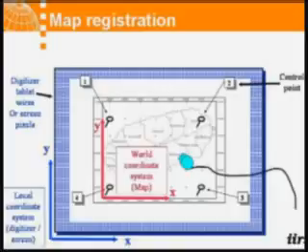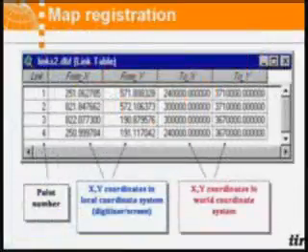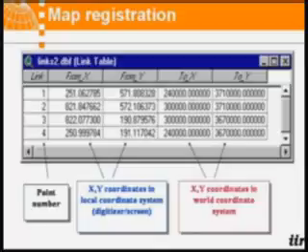So this is a digitizing tablet. You put a map onto this, and then you give control points, and your map is registered here. So then it shows how your map is registered. One is you have 4 points, the x coordinate and y coordinate of that digitizing tablet, and then it is converted into your map coordinates, world coordinates.